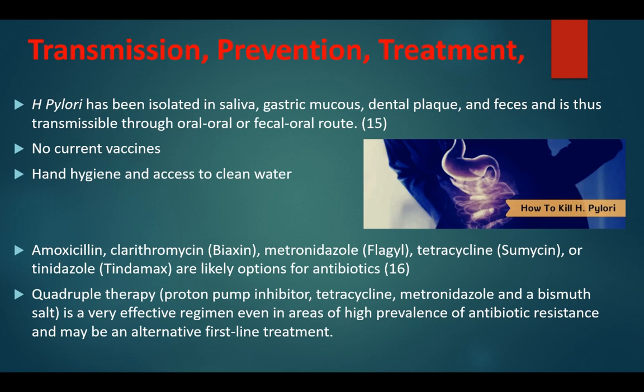There are a number of different antibiotics that can kill an H. pylori infection or colonization. Other therapies like proton pump inhibitors, bismuth salt, and a number of different foods are recommended. And if you're having all of the symptoms in the previous slide, it might be worth going to a doctor and getting checked out.